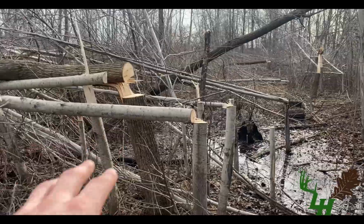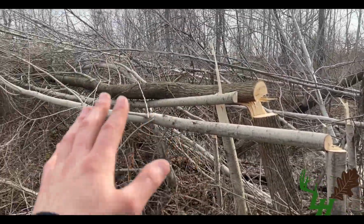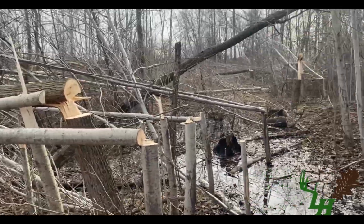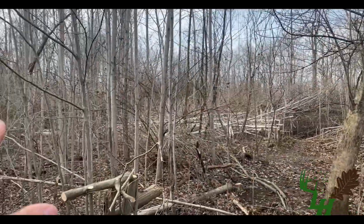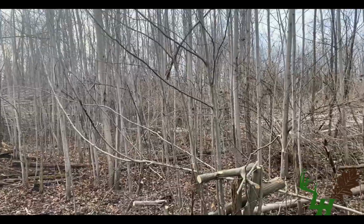Obviously some of these aspen are not gonna stay alive, and that's totally fine. I'm just using them as some structure, some screening. And then hopefully we're gonna get a lot of aspen regeneration in here. Obviously open up around some more apple trees, and we're leaving, you know, little clumps of aspen in here where we can come back in and do regenerative